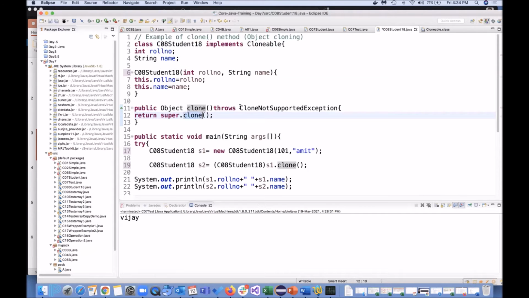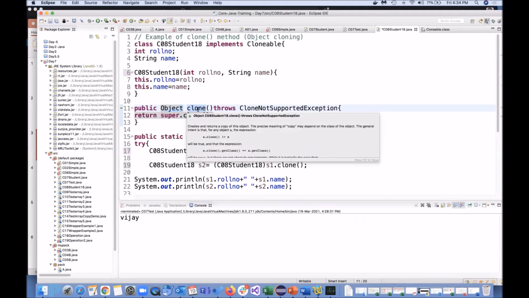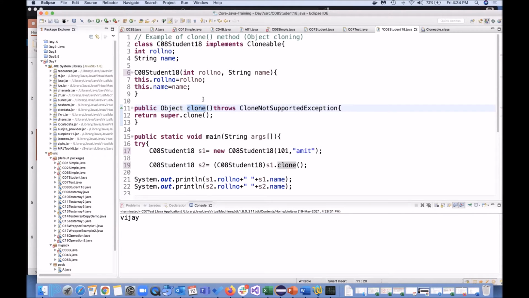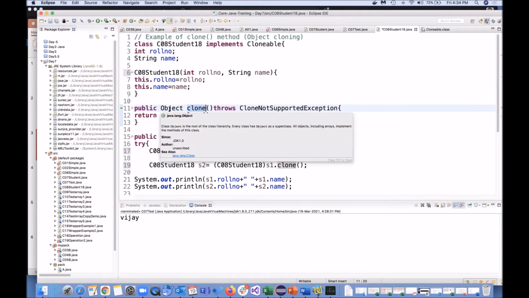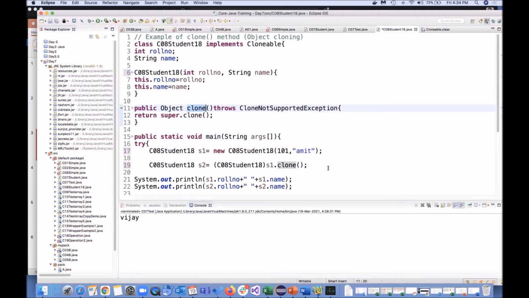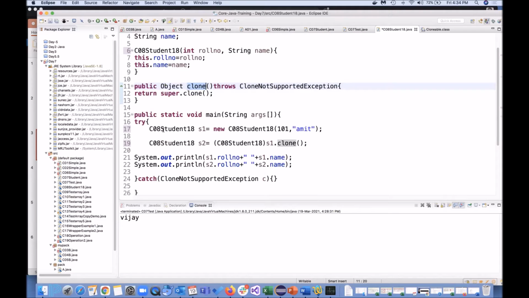I was explaining that this clone method we are using from the Object class itself. And what is this Object? This is the return type of this method, which means when I call this method, it will return me some class type object.